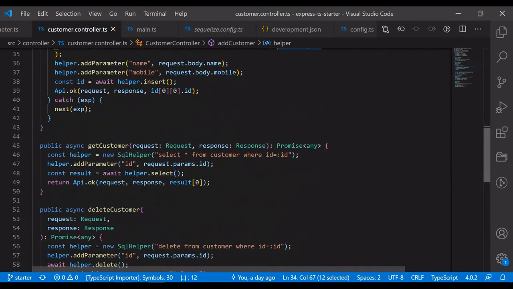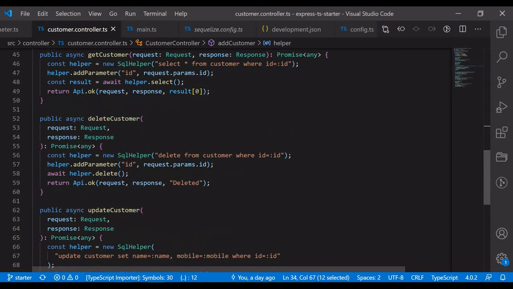The next step is retrieving a single customer. It is also a single parameter. So here select star from customer where ID equal to :ID. I am passing the parameters like request.params.id so that it will get the ID from our parameter and pass it to our database. Here I am using select. It is going to be a single record, so I used results of 0, the first item alone. Here we should validate whether the item is available or not. Then only we should show that item using results of 0. Here I have not done the validation.